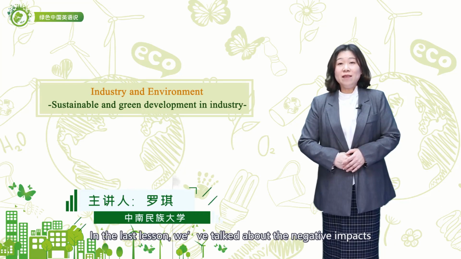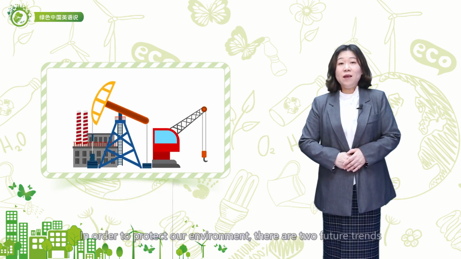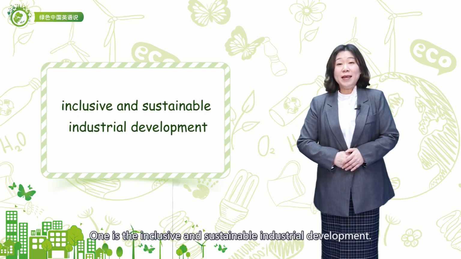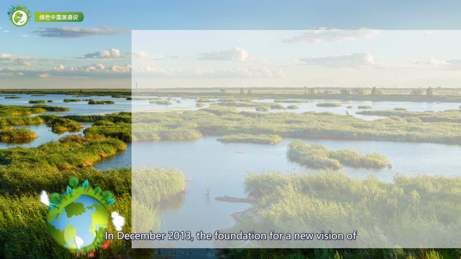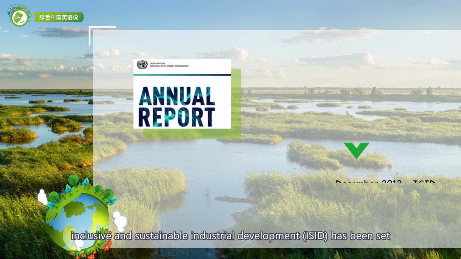In the last lesson, we've talked about the negative impacts brought about by the development of industry. In order to protect our environment, there are two future trends of industrial development. One is the inclusive and sustainable industrial development. In December 2013, the Foundation for a New Vision of Inclusive and Sustainable Industrial Development (ISID) has been set, and